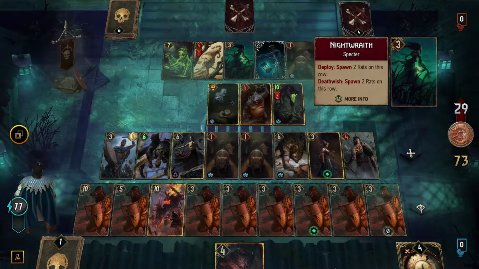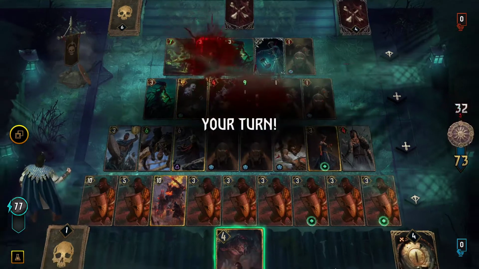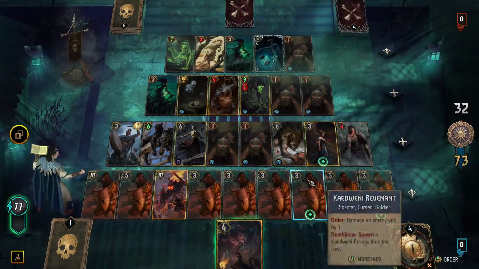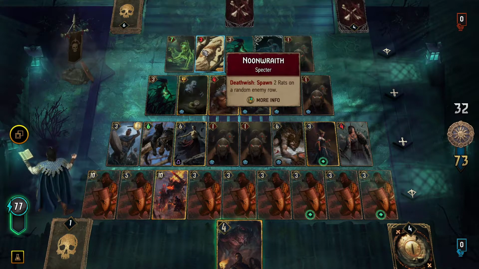Okay, it's another Night Wraith. Your blood will warm my bones. Okay, so, I mean, we can destroy this now, and it would spawn 1 power Rats on our side, but